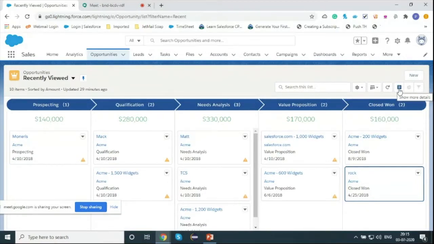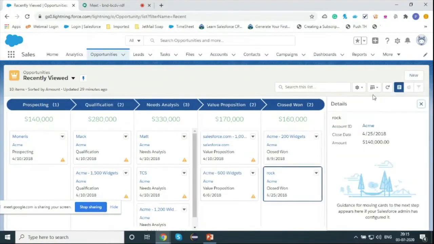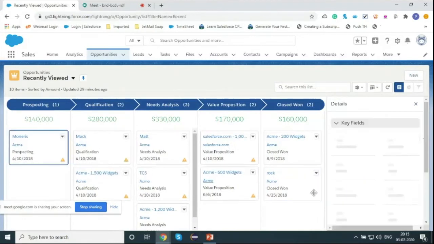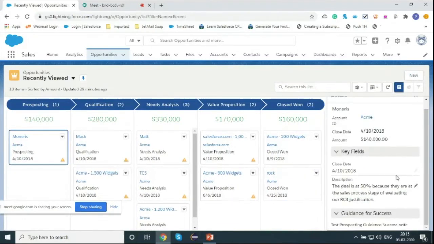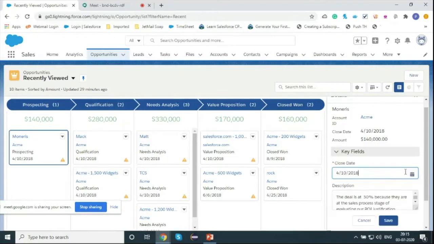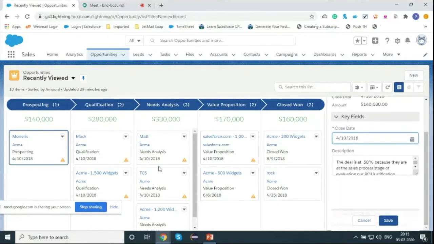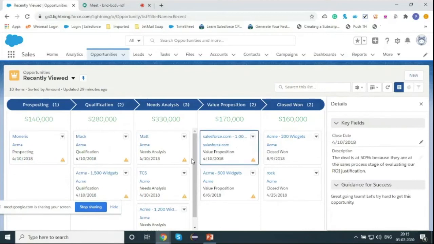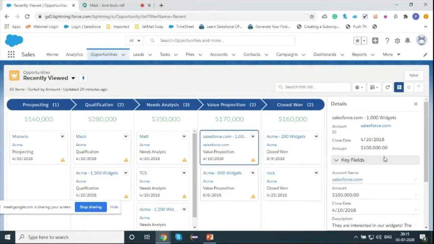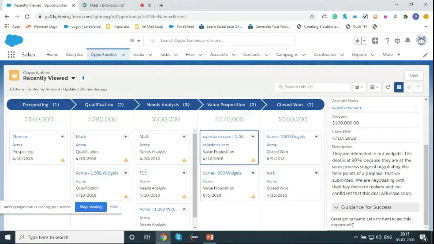So this is my Salesforce. Let's go to opportunity. Let's go to Kanban view. For demoing purpose, I set Closed Won as my confetti stage. So just drag any opportunity onto the Closed Won stage. Tada, you can see the celebration. It looks nice. It boosts the Salesforce sales representative's work capability.